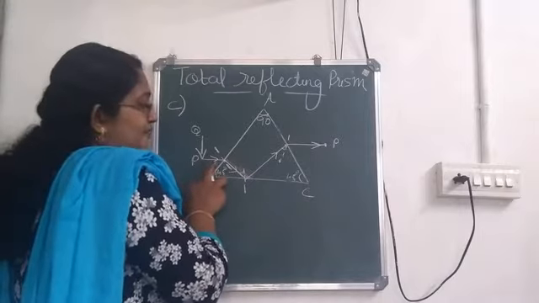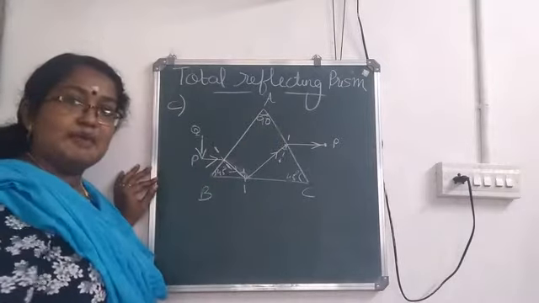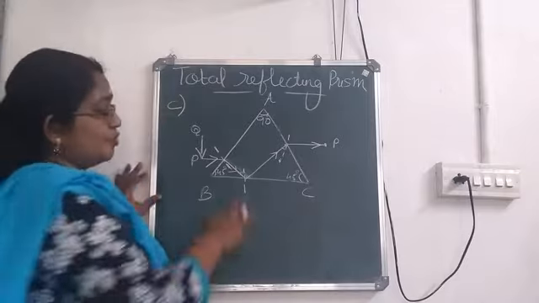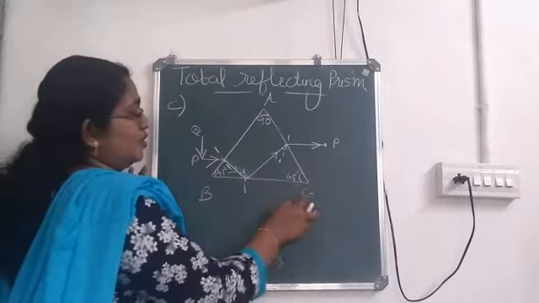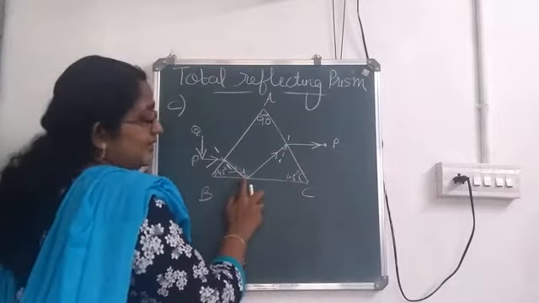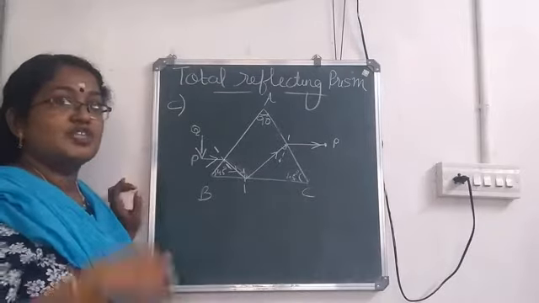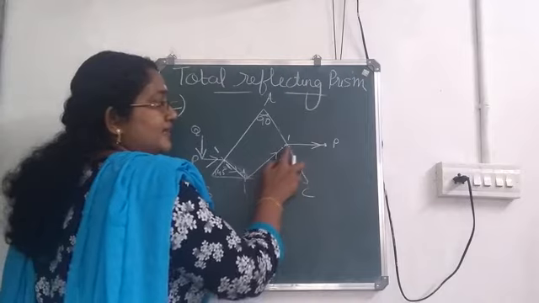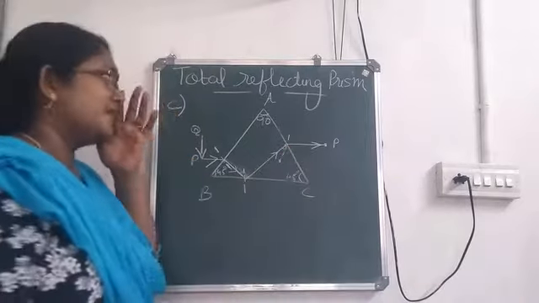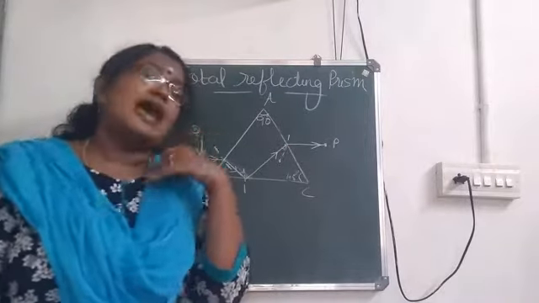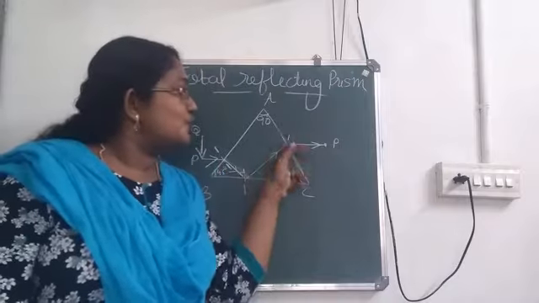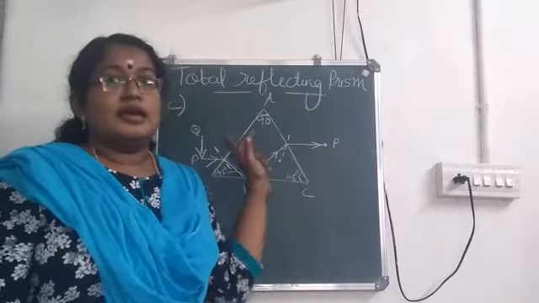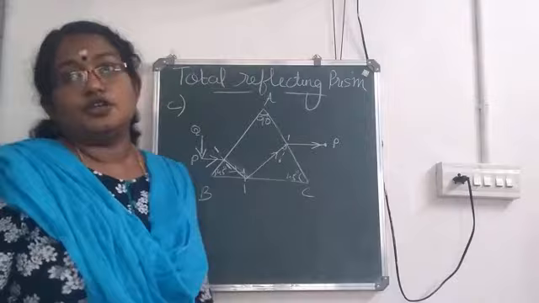A ray coming from this hits on the surface AB, rarer to denser, so bends towards the normal, hits on the face BC. Here it makes an angle 45 degree, which is greater than the critical angle, undergoes total internal reflection, hits on the face AC. Here the angle is less than 45 degrees, so it undergoes refraction. It moves away from the normal.